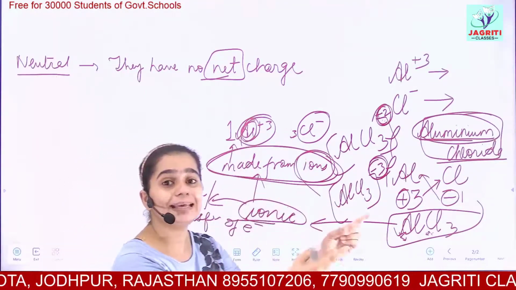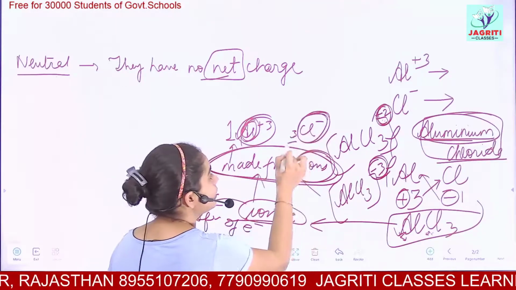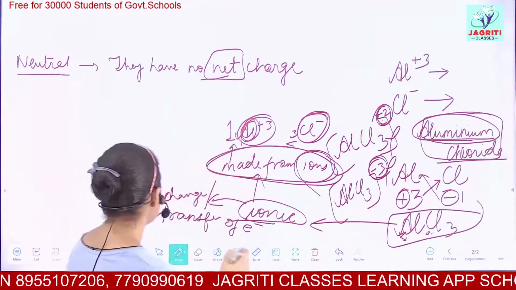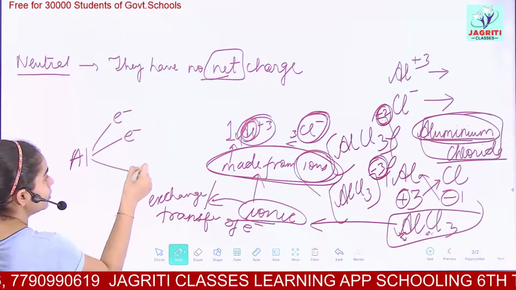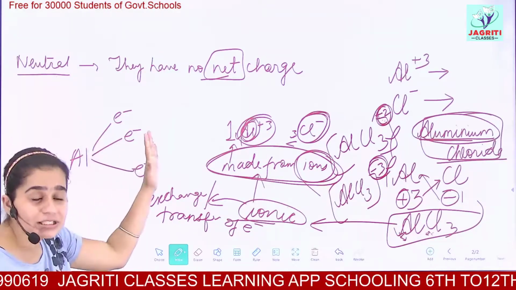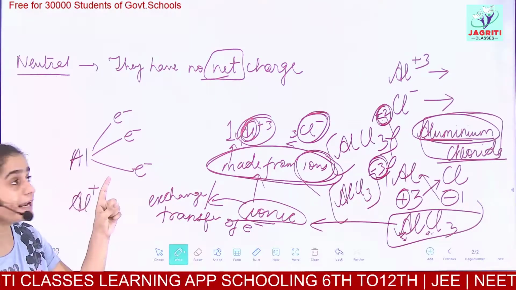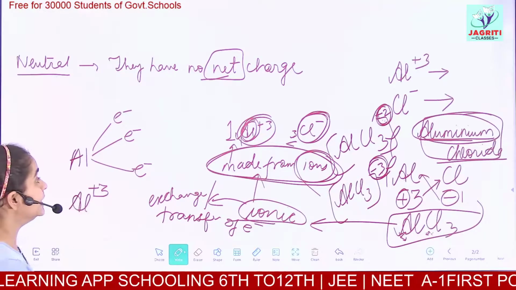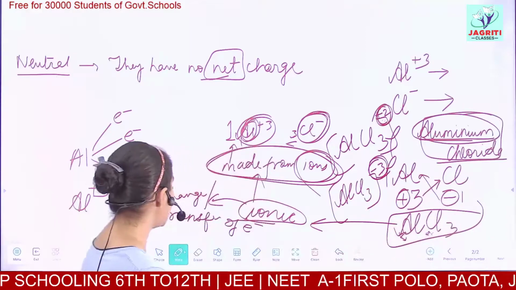The one who gives away an electron has a plus charge. And these three chlorides have each accepted one electron. Aluminium gave, this Al gave 3 electrons. Okay? Because it lost its electrons, it became plus. And how many electrons has it lost? 1, 2, 3. So it became +3. Then we have what? Cl. We have Cl3, that is, we have 3 Cls here.